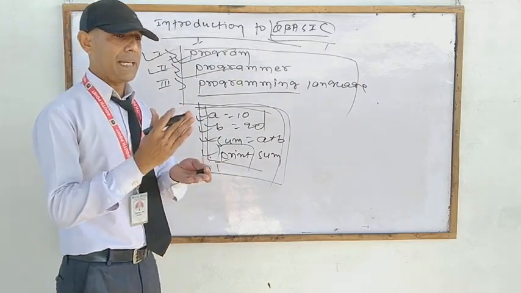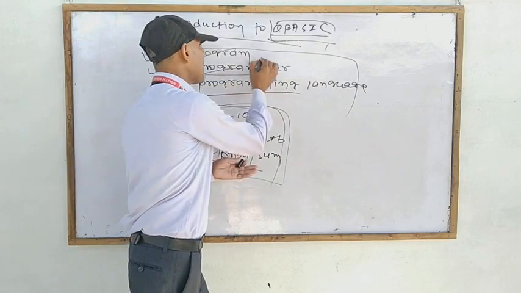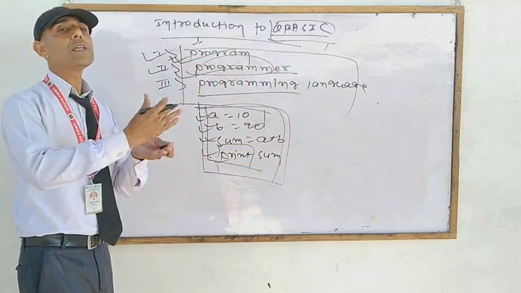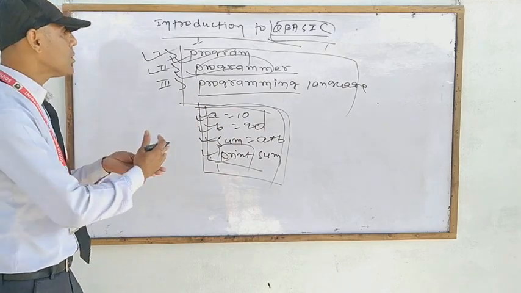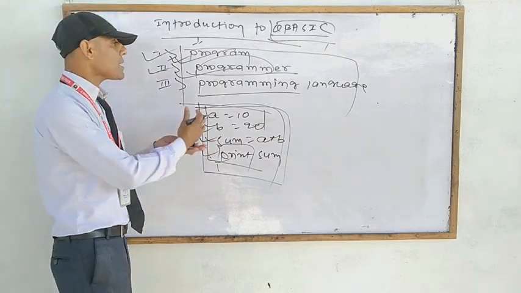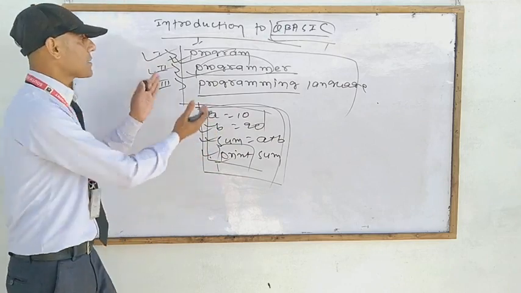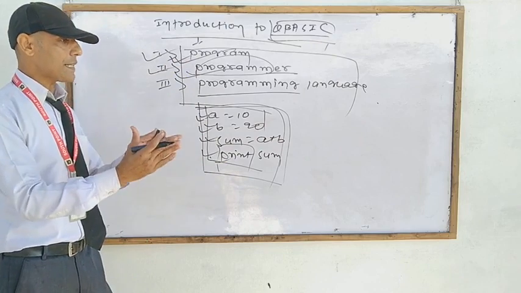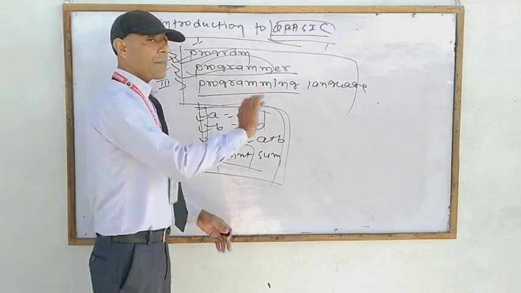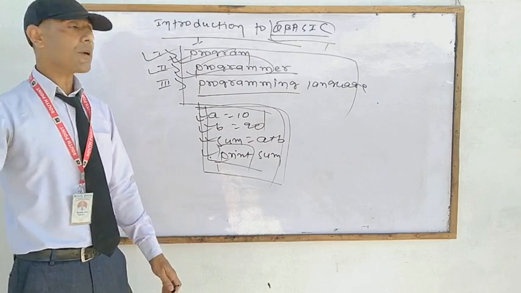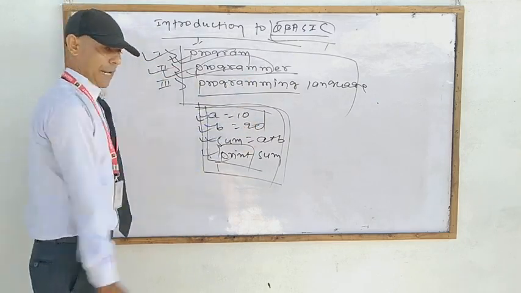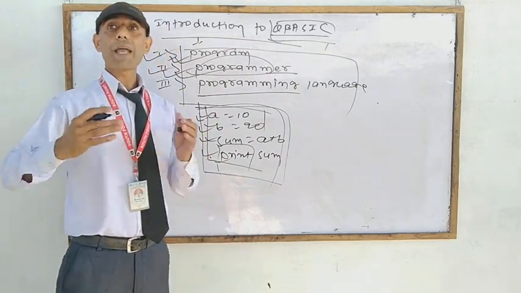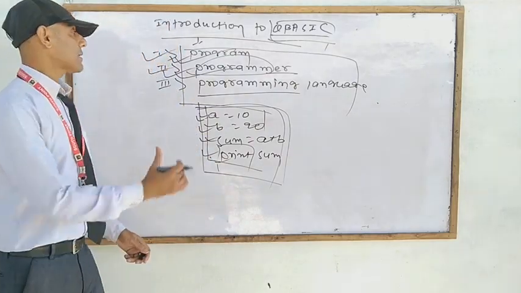Number 2, what is a programmer? Especially programmer: program, and we have added ER, that is programmer. That means it is the person who designed the program, who designed and developed the software. It is an intelligent person. An intelligent person debugs the program, codes the program, modifies the program, and designs the program. That is called the programmer. All intelligent persons, talented professionals, lecturers are programmers.